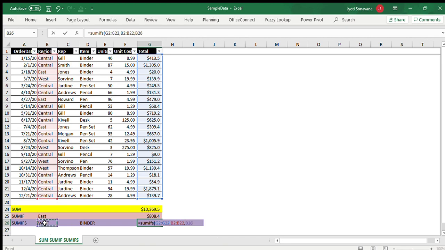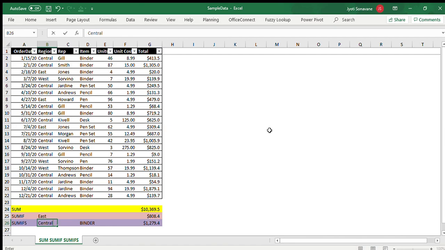Let's select the criteria, comma. Now our second criteria range, so again item, comma, and the second criteria, bracket close, hit enter. Here we have the sum total of the West region where you have sold only binders. So you can apply multiple criteria in the SUMIFS function, whereas in SUMIF you can only apply one criteria.